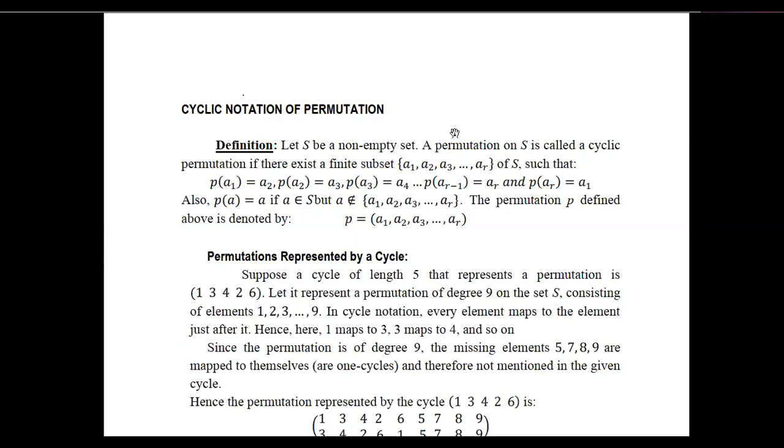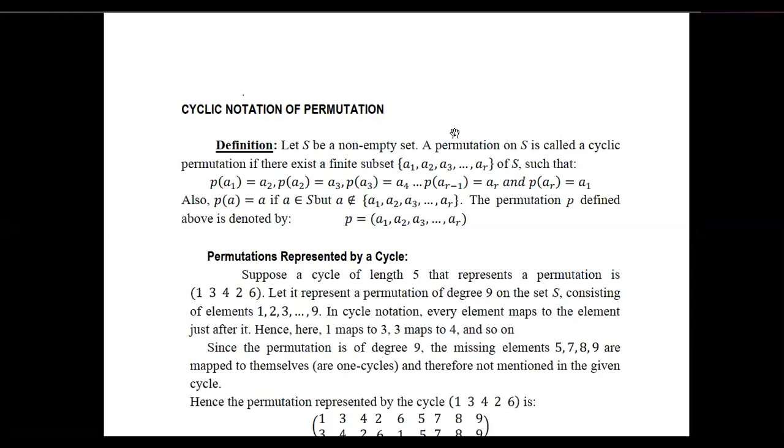Now in the group of permutation, what is a cyclic permutation? Let S be a non-empty set. A permutation on S is called a cyclic permutation if there exists a finite subset {a1 to ar} of S such that P of a1 equals a2. It means the image of a1 is a2, the image of a2 is a3, the image of a3 is a4,